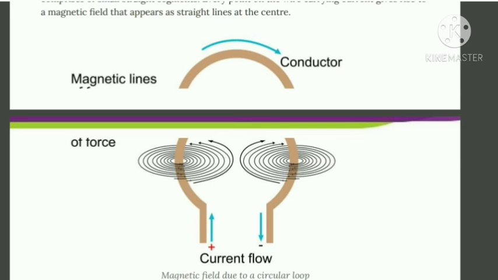show an anti-clockwise direction here. It means that magnetic field lines always originate at the north pole and end at the south pole. Here also the same thing: this is the negative end, so here is the north pole, and opposite of this is the south pole. So always keep in mind that at the negative side there is the north pole of the magnetic field, and opposite of that is the south pole.